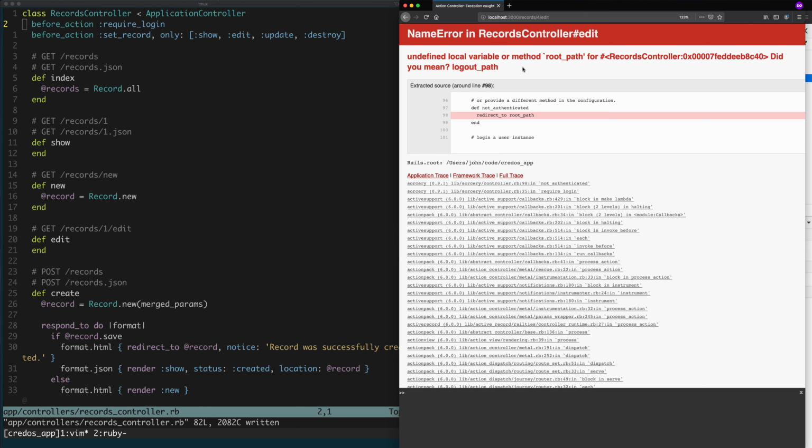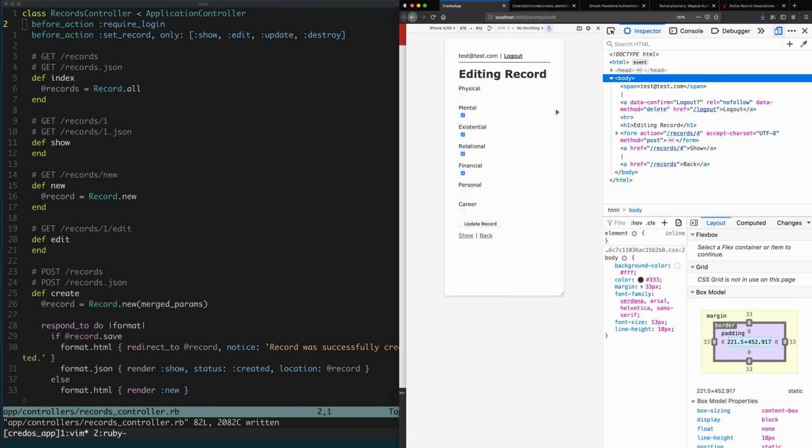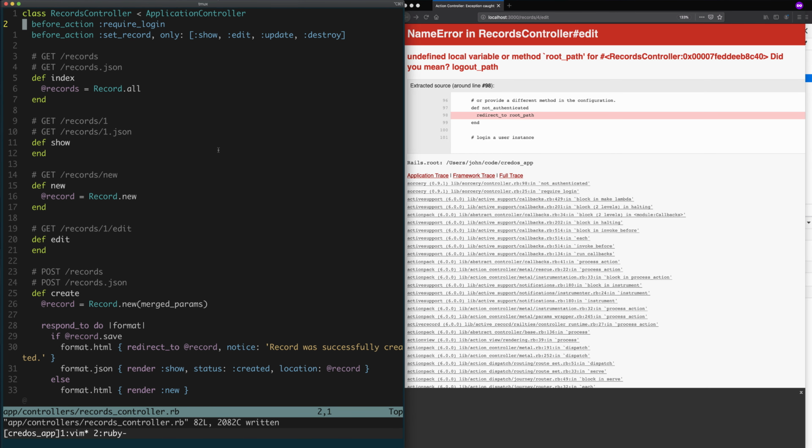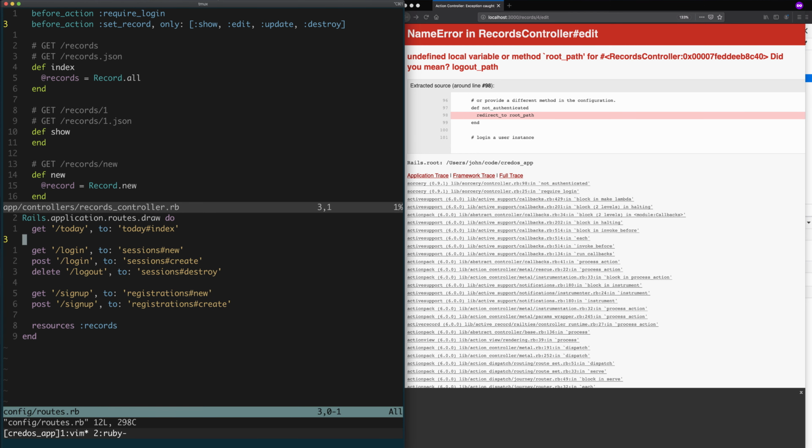Okay, and so we get this error, undefined local variable or method. So, hey, I don't know what this thing is. You said root path, but I don't know what that is. And this appears to be happening inside of the sorcery gem. What's happening here is when you're not logged in and you try to access a logged in page, sorcery tries to redirect you to a place that you can go. So it tries by default the root path. I tried to access something that I couldn't, which is this record, which belongs to this logged in user. And so it's going to try and send me to the root path, but I don't have a root path defined. So let's go to routes,